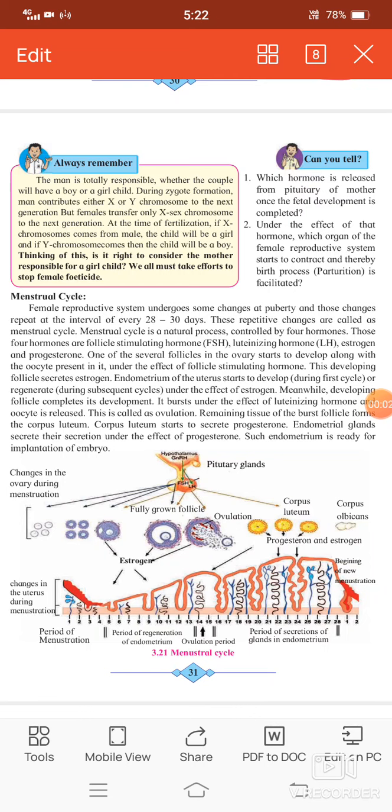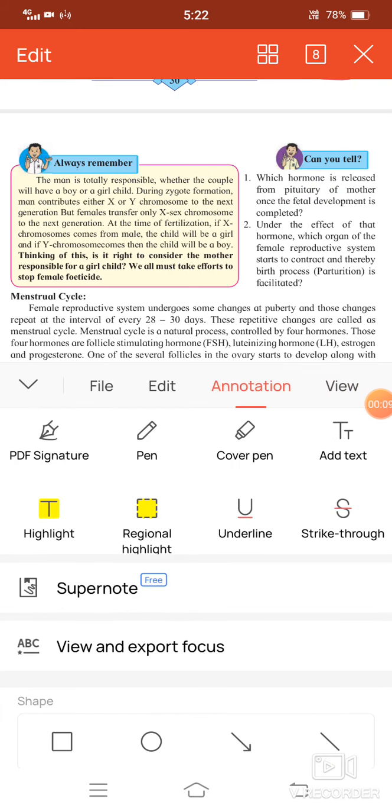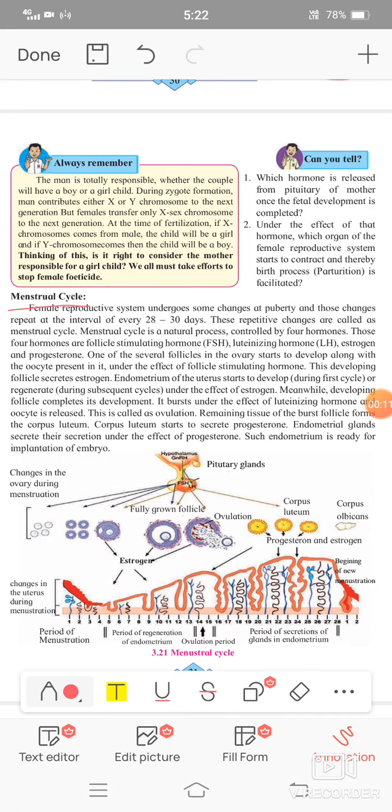Good evening, students. Today we are discussing the next point, that is the menstruation cycle. The female reproductive system undergoes some changes at puberty, and those changes repeat after every